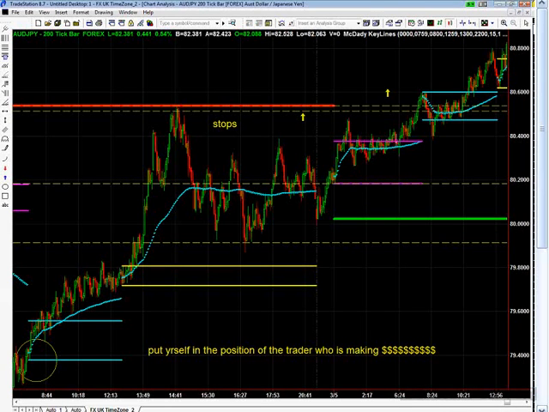Then we're going to discuss the risk management. Then we're going to discuss adding to our position and then taking profit. Okay? So first let me get you into the trade. We have about 5 minutes before the market begins trading. So you need the more reasons to get into the trade. You want to have, so right here,